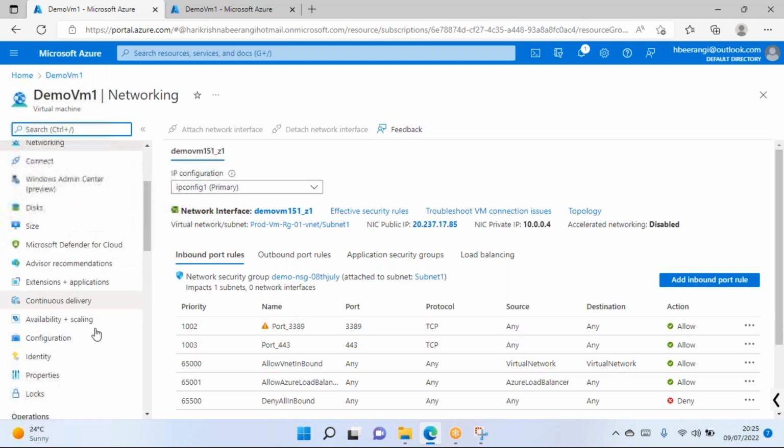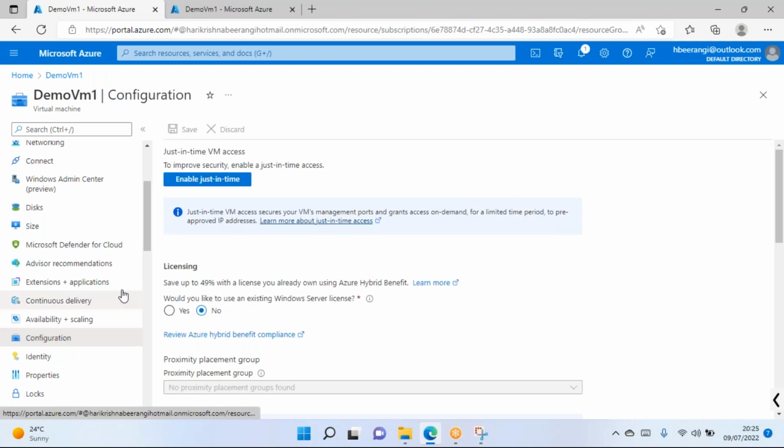Okay, so now from the configuration section, yes, we can see this is done. Licensing we have already discussed, right? If you have your own license which you have purchased in your own premises, you can bring the same license to Azure and